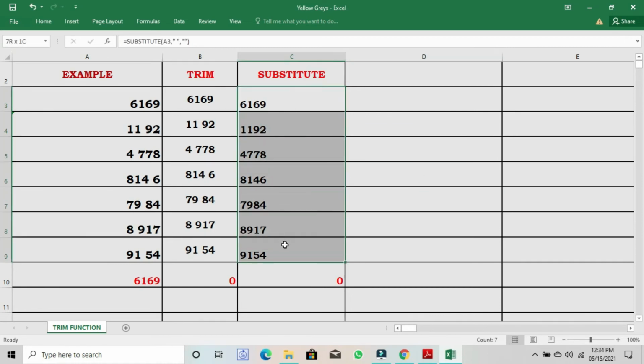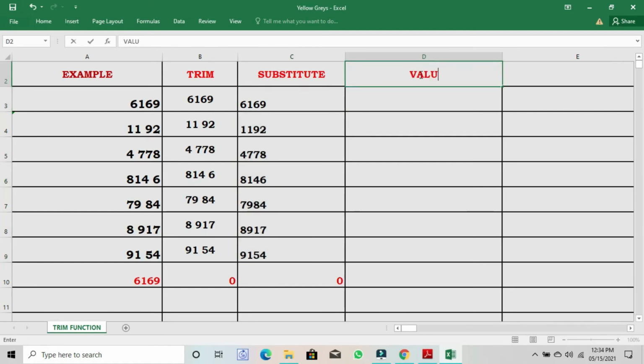Even though all the spaces are removed, we are getting the summation result as 0. It is because all the numbers are converted to text strings. To avoid these problems, we have to use the SUBSTITUTE function along with the VALUE function.